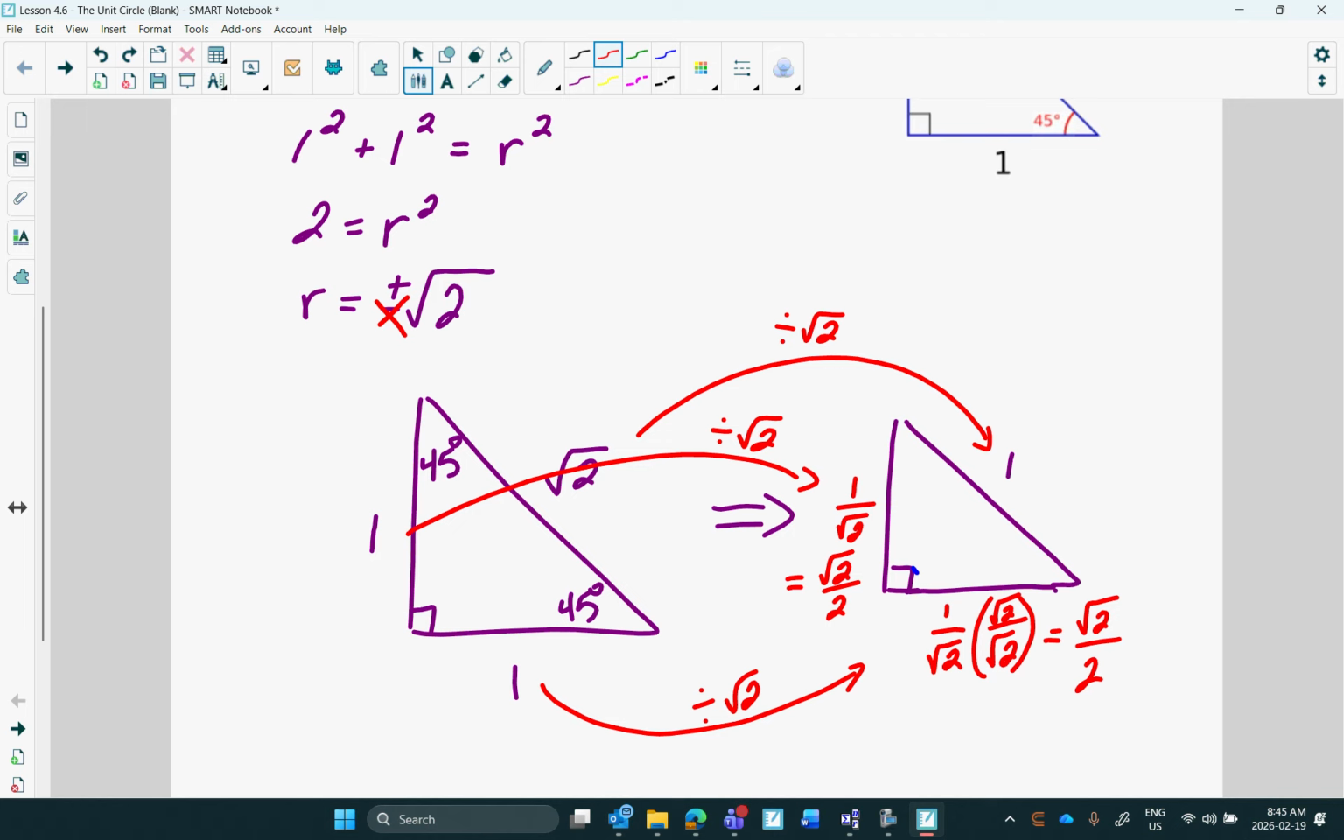So if I want a hypotenuse of 1 in a right triangle where these are 45 degrees, I'll write that again. Keep in mind, this is 45 degrees. These two sides have to be root 2 over 2. They have to be. Okay? So what we can do now